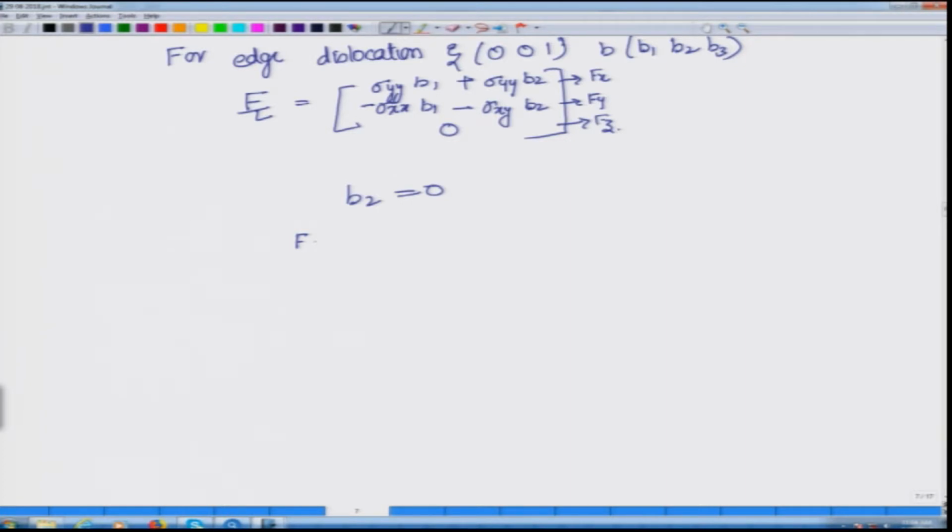So, we can say that b 2 is also equal to 0, b 3 does not matter, but we will say that it is also equal to 0, and therefore, f x by L would come out to be. So, I am missing something. Make note of this, I had earlier mistakenly written sigma y y, it should be sigma y x. So, it is sigma y x b 1